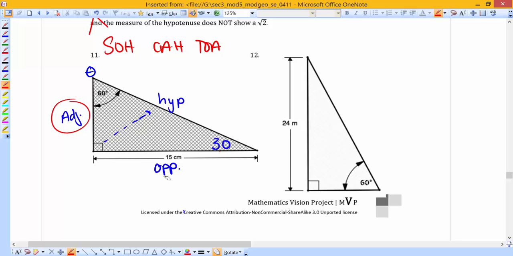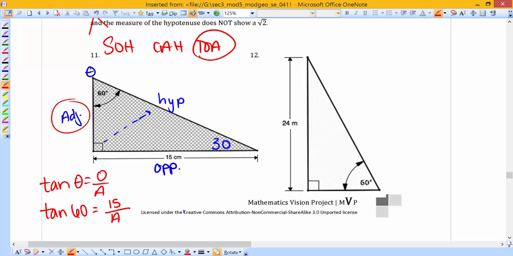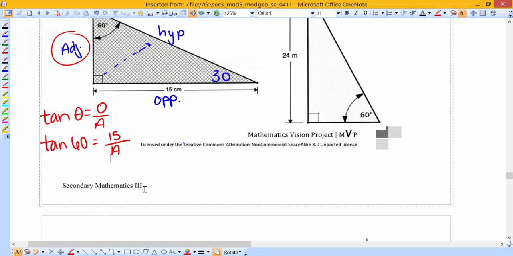What uses opposite and adjacent? Tangent uses opposite and adjacent. So I'm going to use the tangent of theta, opposite over adjacent. So tangent of 60 equals opposite is 15, adjacent, I don't know what that is. So now I'm going to go ahead and use my calculator to finish this. First I want to get rid of my fraction. So A is going to,